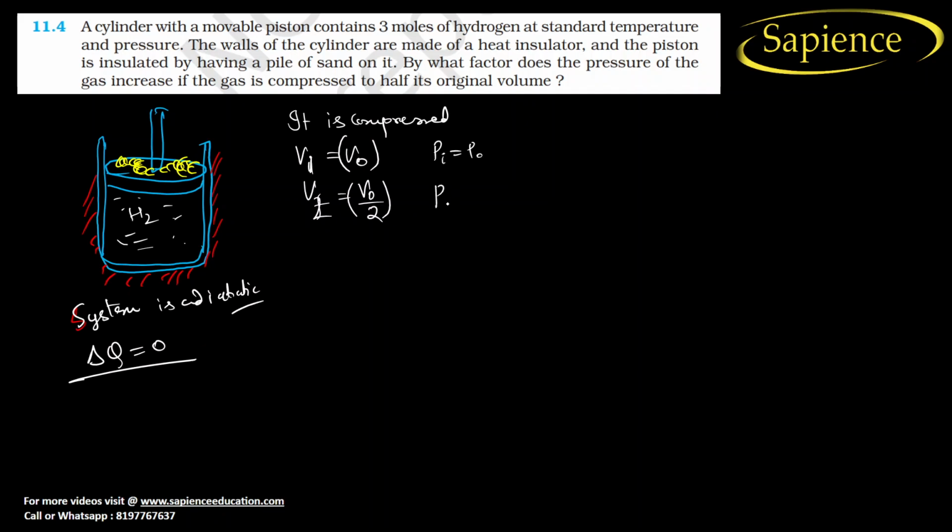The final pressure is how much? Our initial pressure is P1. So the final pressure, that is P2, will be how much? We need to find this, since here we have understood that